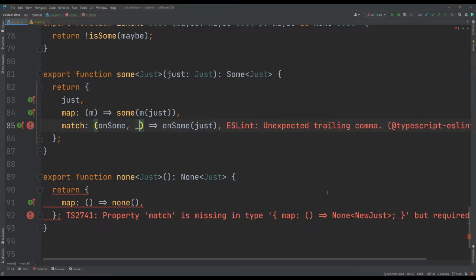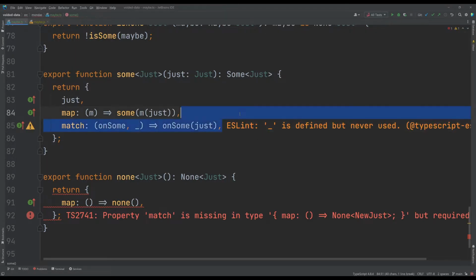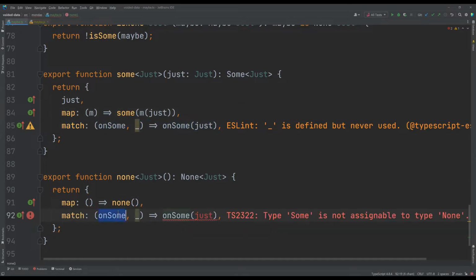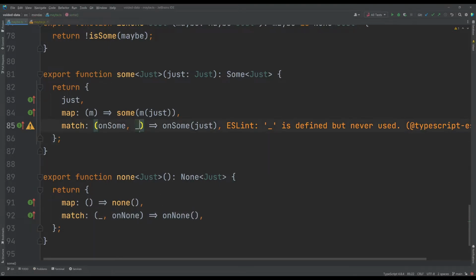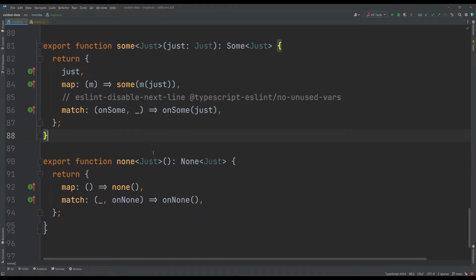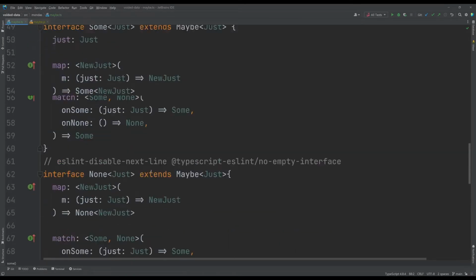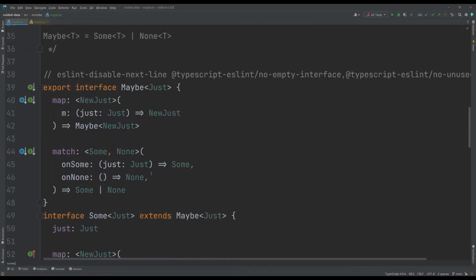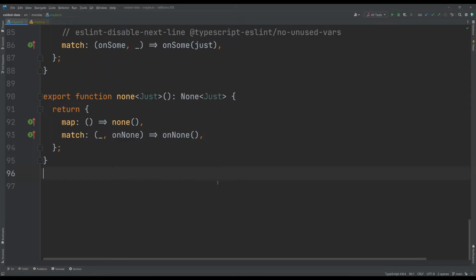Down here, the same thing. I'm using underscores to symbolize that we're not using this value. Let's suppress this, because this is intentional in this case. And we've got this set up.